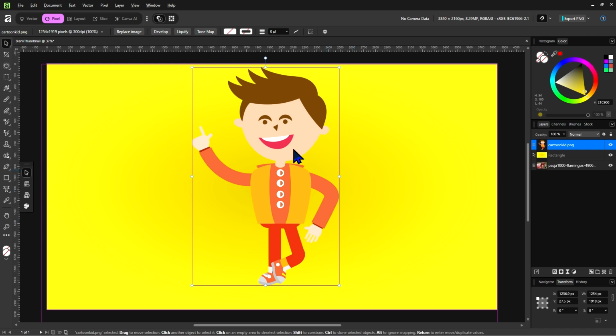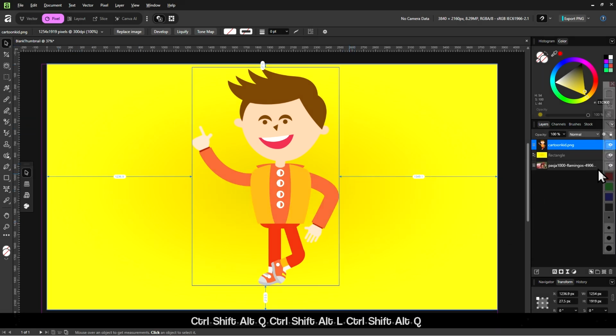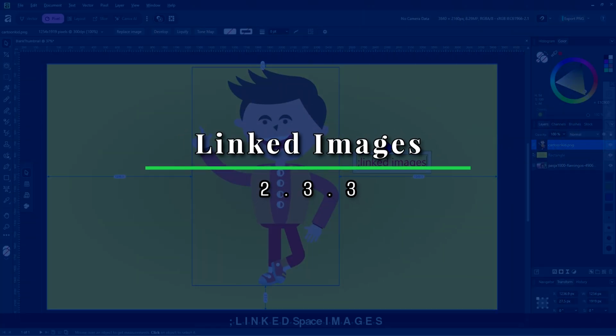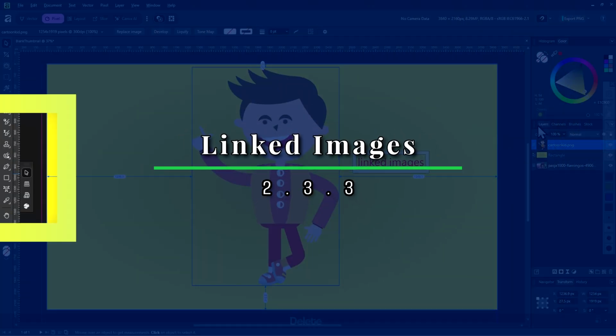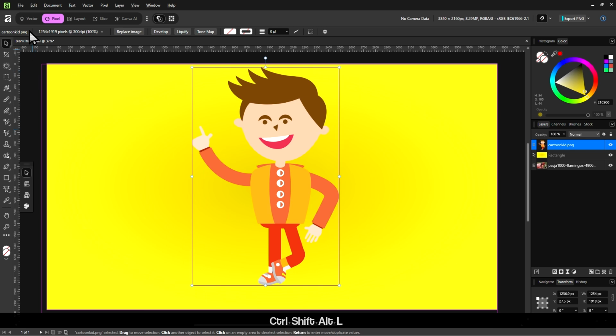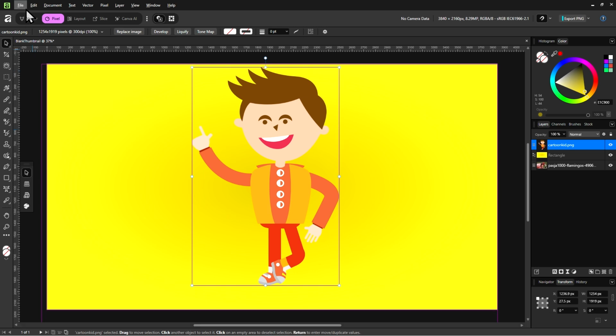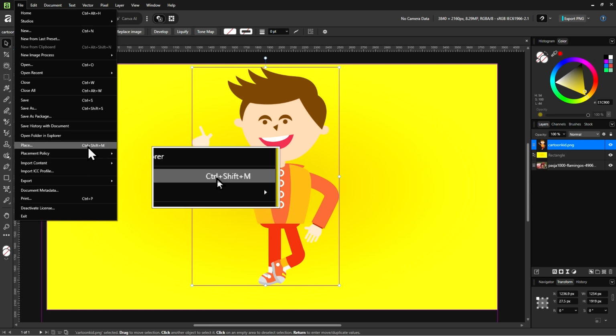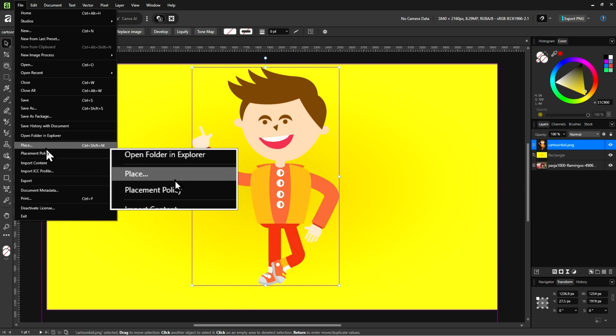which is why you don't always want to embed images in your Affinity document. And that's where we could go with something that is called linked images instead. We can use linked images over here at File, and then we just click Place as usual.